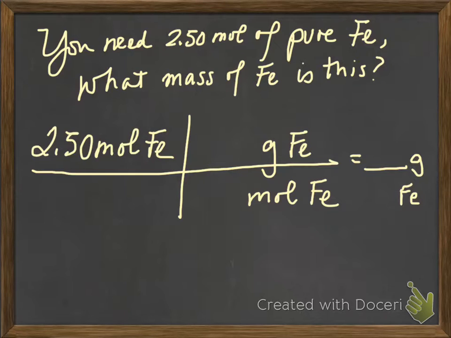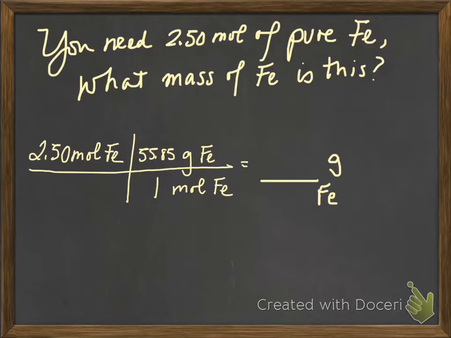Now, remember the 10 commandments of factor label. The only number that's ever going to go in front of moles, unless it was a given, is 1. So what's the relationship between 1 mole of iron and some number of grams of iron? That's right, it's the molar mass. Look it up, quick. Okay, 55.85 grams of iron equals 1 mole of iron. Now it's multiplication. We get a raw answer of